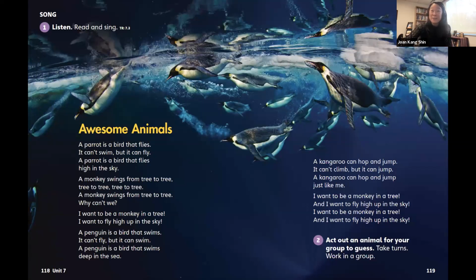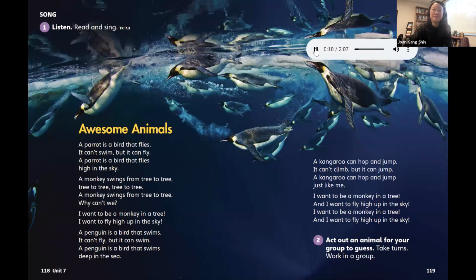And another way is, of course, by using songs, which children love to sing. And so here is an example of a song from Level 2, Our World book, and it's about animals. And as you will see when you hear a part of this song, Our World songs are catchy and fun to sing and practice the grammar and new vocabulary in context. So let's give them a sample of the song. Song, Activity 1. Listen, read, and sing.